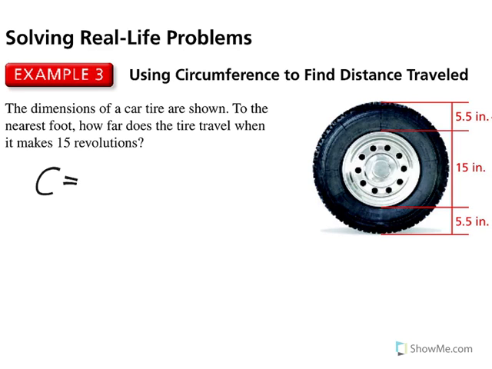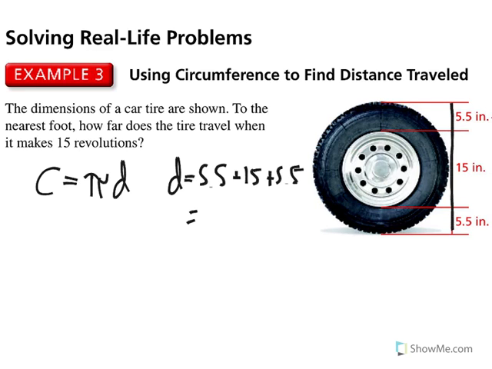So C is equal to 2 pi r or pi d. If you look, we can actually get the diameter because we have this whole length here. We just need to add it up. So I'm just going to do pi d here. So over here on the side, I'm going to do d is equal to all that added, right? So I would do 5.5 plus 15 plus 5.5 to go all the way across that tire. And so for my diameter, I end up getting 26. So when I plug this in, I get pi times 26. Okay, so 26 times pi